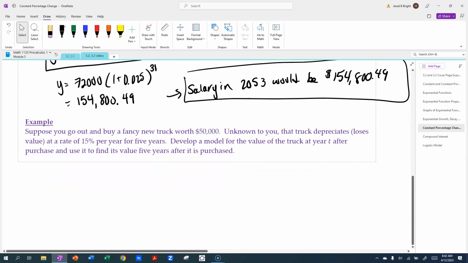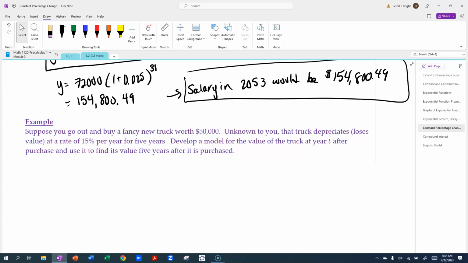All right, next example we're going to look at is we're going to buy a new truck right now. Say it's worth $50,000. Okay, I'm not really going to do that. I just paid off my car. But let's say you, as a student, we're going to go buy this truck. I don't know with what money, but there you go. So $50,000, and this truck that you buy, it's a nice fancy truck, but it has a terrible depreciation schedule. It depreciates at 15% per year, and when we say depreciates, that means it loses 15% of its value every year